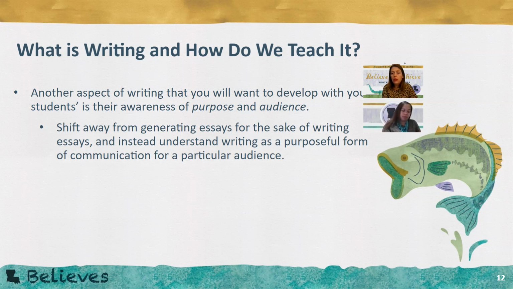When is it appropriate for you to communicate your thoughts? When is it appropriate for you to explain something? When is it appropriate for you to share information about it? And then who are you writing for? If you're writing to share it with your class, right? The words that you use might be slightly different than if you're writing to share it with your grandmother, right? Or with the principal, right? So at these earliest levels, you want them to be thinking about those things, purpose and audience, because that's going to help them hone in on when it's appropriate to use particular strategies or include particular things in different types of writing.